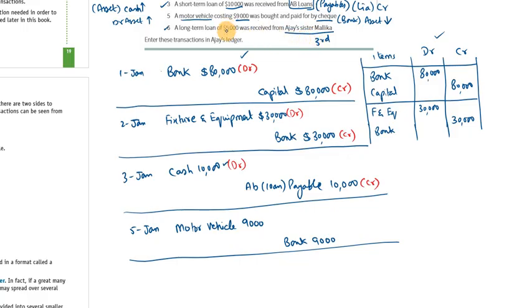So the business got a loan of 5,000. Nothing is mentioned here, so we assume the loan will be in the form of cash. So the business will receive 5,000 in cash, so business cash will increase, and increase in cash means debit. The business took a loan from Ajay's sister, that is the liability of the business to pay back the loan. The entry on 6th January is that cash is debited